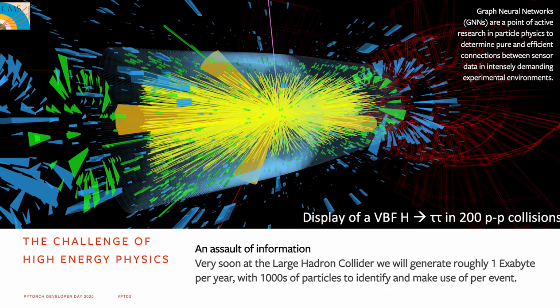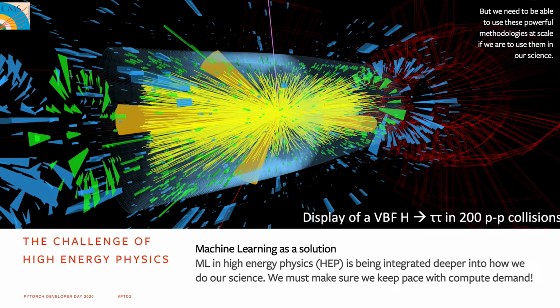We've been looking into graph neural networks because they're very good at processing point clouds, which can describe a lot of our data. And we need to make sure that we can keep up with the compute demand that's coming from that, because there's been a trend in machine learning and high energy physics where we've been integrating machine learning deeper and deeper into how we do our science. So we really have to think carefully about how we use these models at scale and make sure that we aren't introducing any inefficiencies into the system that we propose to use. And this is where we get into